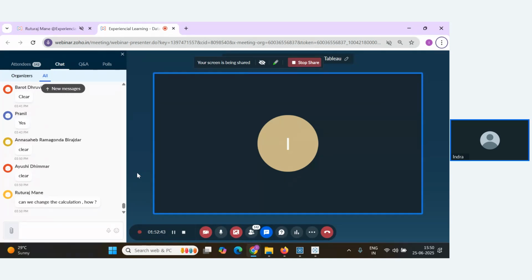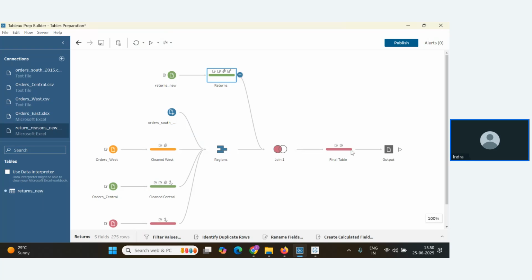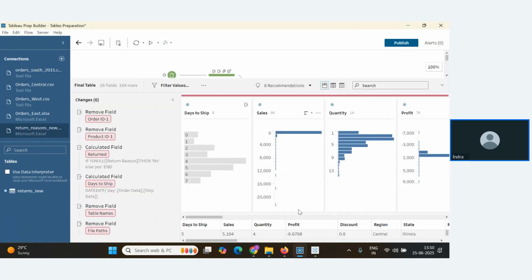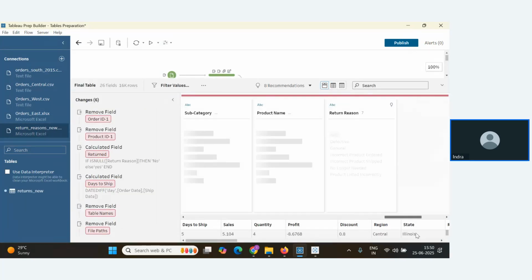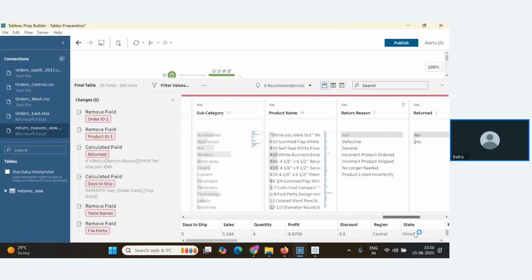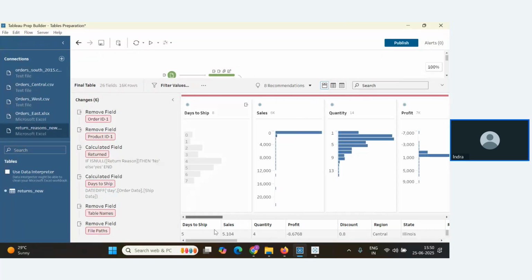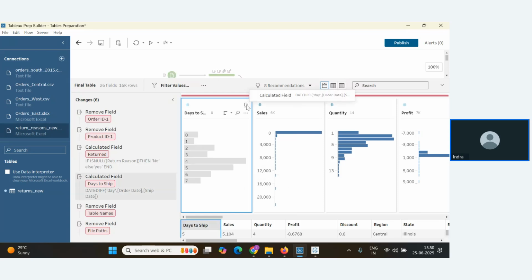Can we change the calculation? Which calculation? Which calculation you want to change? Inside this one. Okay. Just a second. Let me see. We have created this calculation, right? Actually, I was also looking for that option. Here you have got an option, edit.